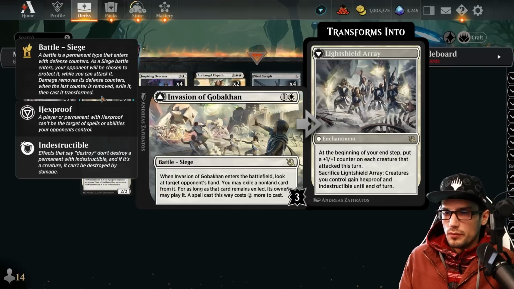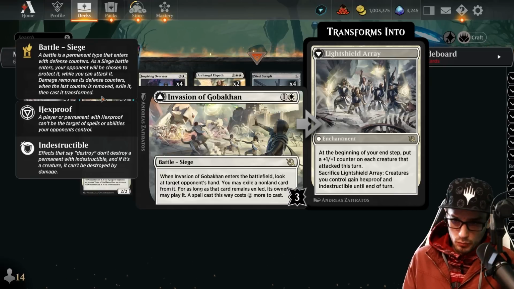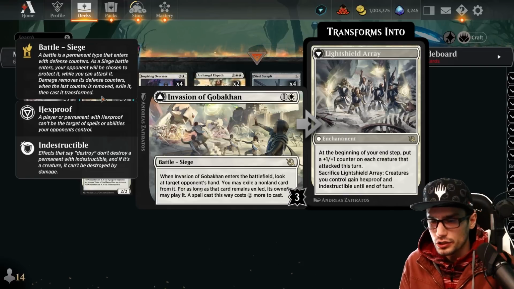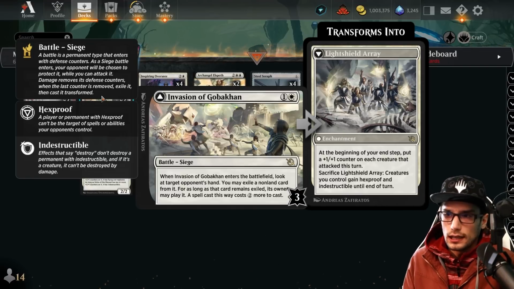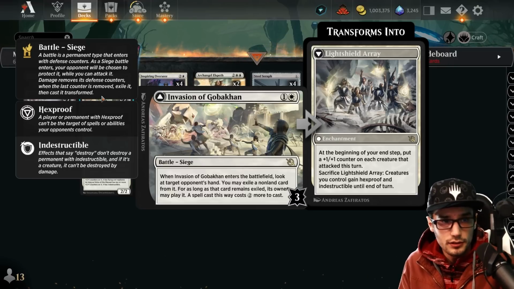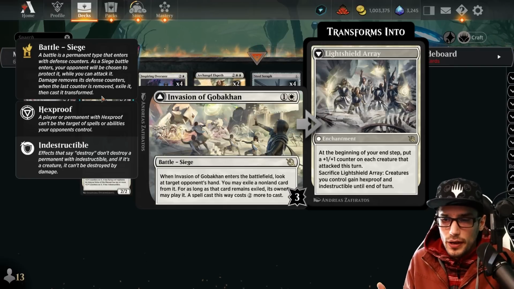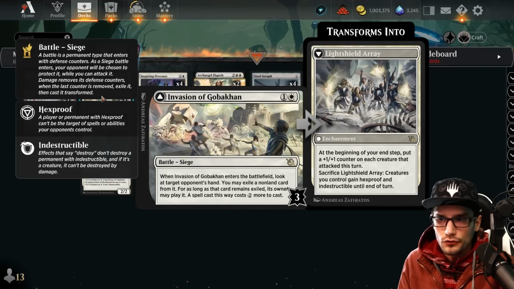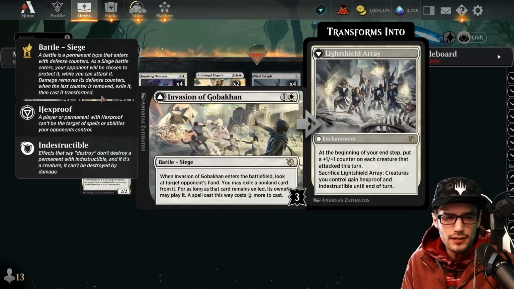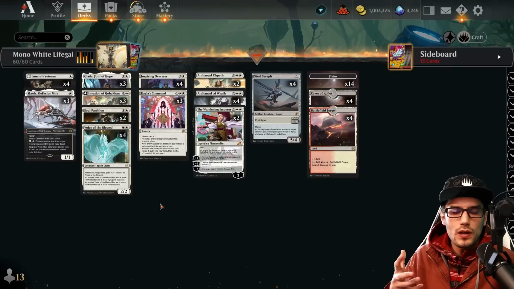Of course, on the backside, now this is where things get really crazy. The Light Shield Array, once we've removed the 3 protection counters, it exiles and transforms into this Light Shield, which is really, really cool. At the beginning of your end step, put a +1/+1 counter on each creature that's attacked this turn. Okay, as an aggro deck, you have my attention. And what's even better is the fact that you can sacrifice it at instant speed to give creatures you control hexproof and indestructible until the end of turn. So basically protecting you from most field wipes, which is really nice to see, as well as just single target